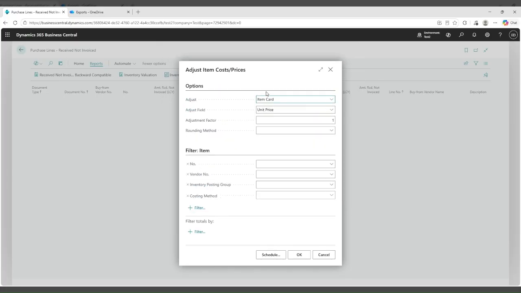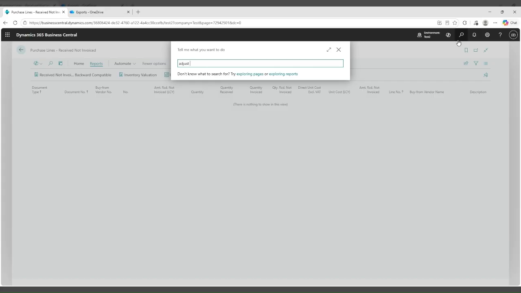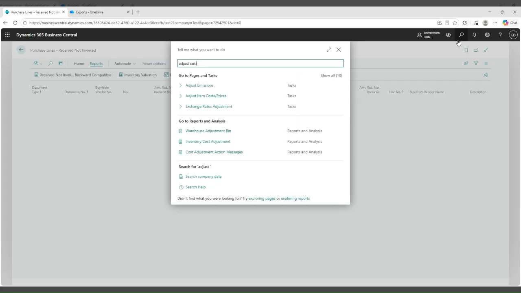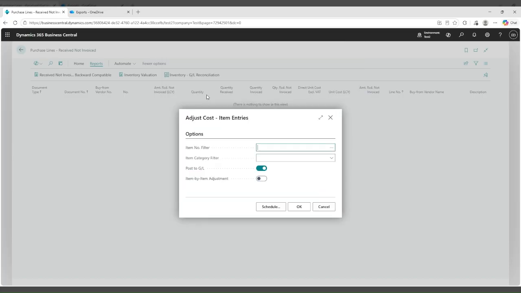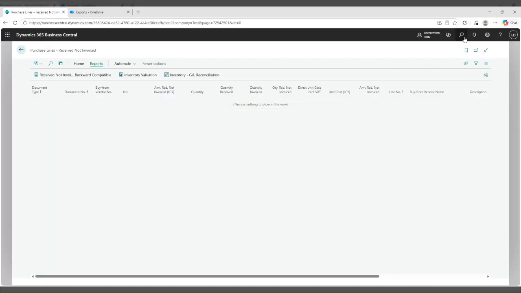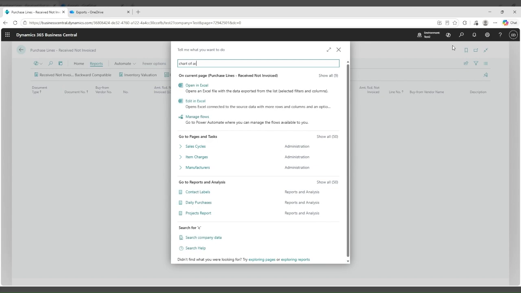So adjust cost, I do it everywhere. And now, if you look at the chart of accounts,